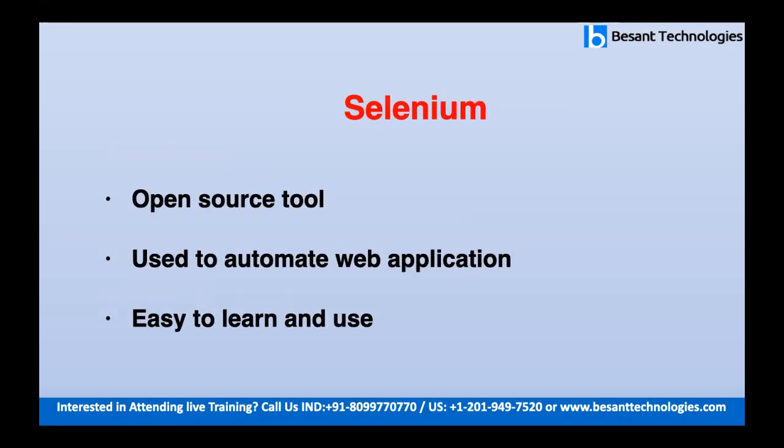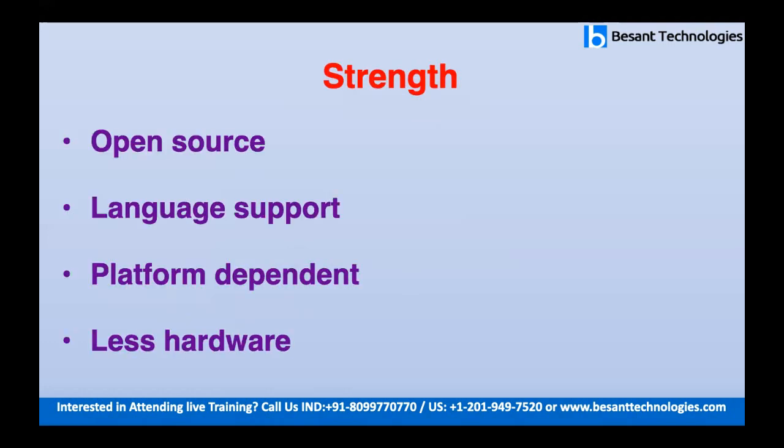The most commonly used tool is the Selenium tool. For automating web applications, we will be using Selenium, and it is an open source tool, so it will reduce the cost. It is mainly used to automate web applications. It supports various browsers like Chrome, Firefox, Safari, and it is a platform independent tool too. You can use it on any OS. It can be Windows, Mac, or Unix.